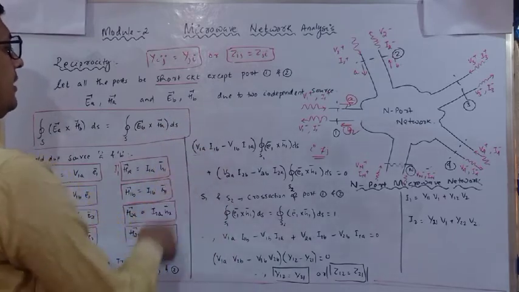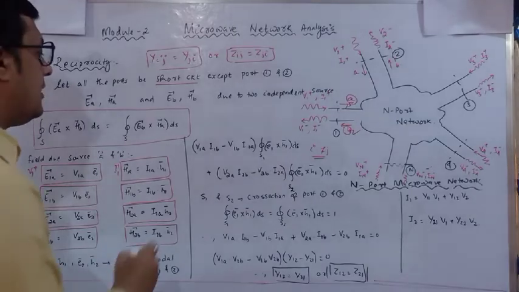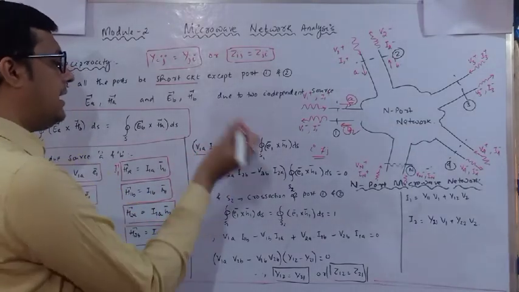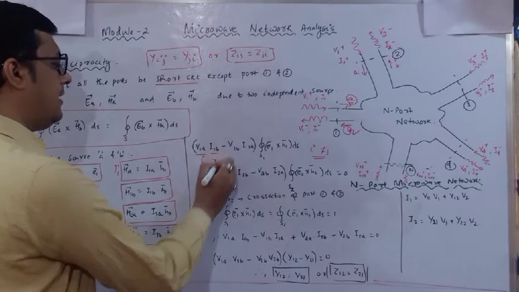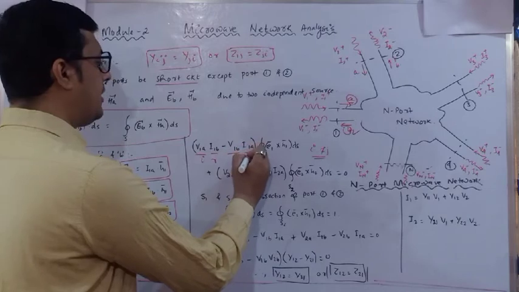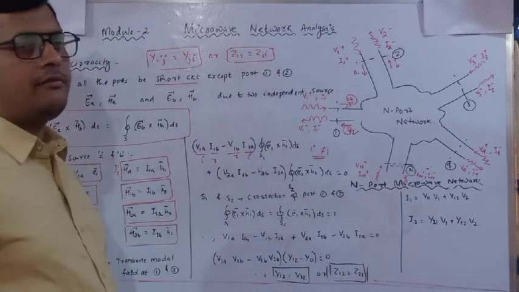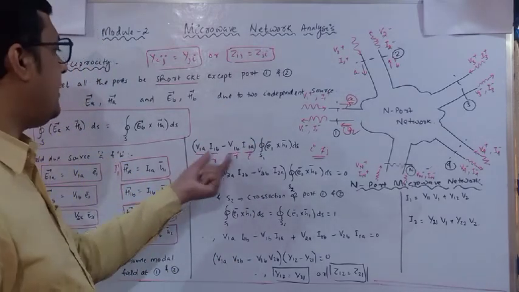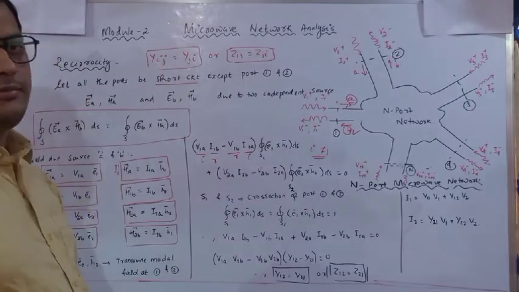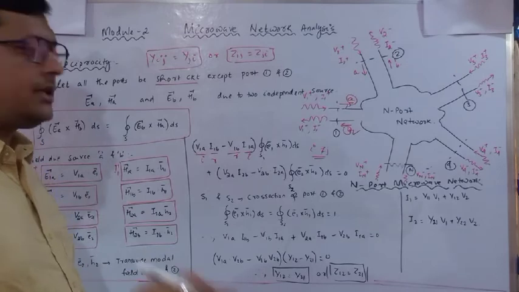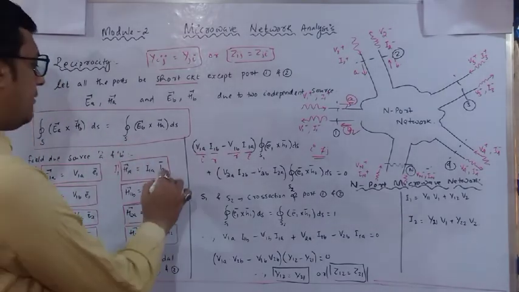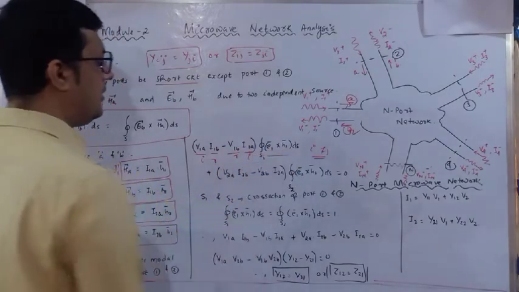So here V1A, understand this properly. V1A is the incident, I1B is the reflected. Similarly, V1B is the reflected potential and I1A is the incident. So is it satisfying or not? It is satisfying. Similarly, so here what will be our cross section? e1 cross h1, because here e1 and h1 are there. So it is e1 cross h1. So this is 1. Done.